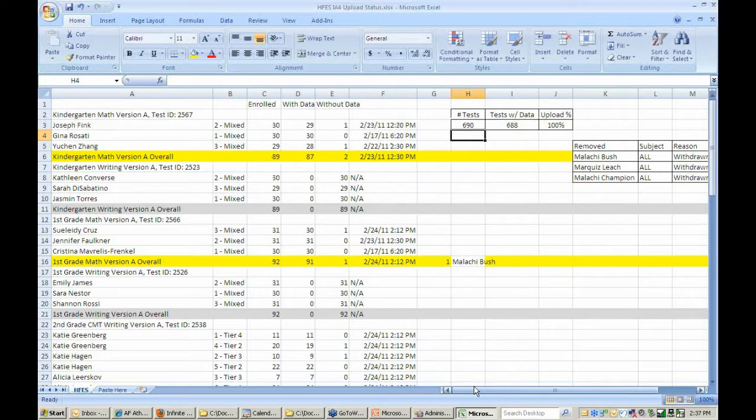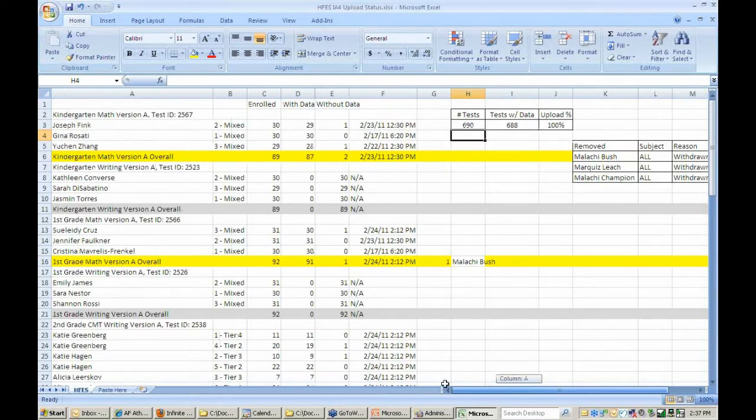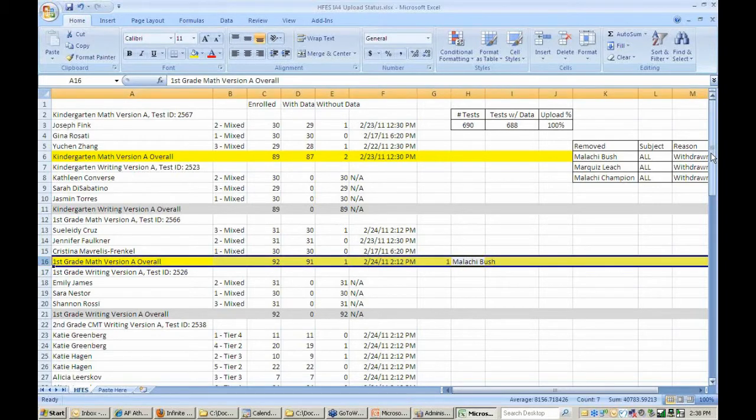What we've also started doing is, because Athena doesn't remove withdrawn students if they have any IA data from this current year, we have to remove them manually here. So generally we create a list of all the withdrawn students and what subjects they should be removed from. And then we put them here next to the subject that we're removing them from. We've got one column with the student's name, and then one column with the number of students we should be removing from that total. You can see we're removing one student from first grade math,